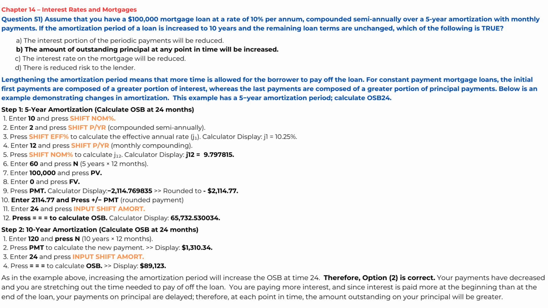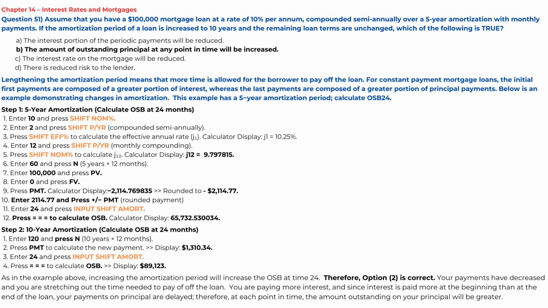732.53034. Step 2. 10-year amortization. Calculate OSB at 24 months. Enter 120 and press N, 10 years times 12 months. Press PMT to calculate the new payment. Display $1,310.34. Enter 24 and press Input Shift Amort. Press the equal sign 3 times to calculate OSB. Display